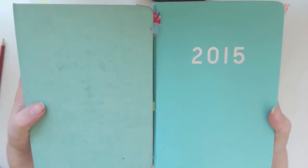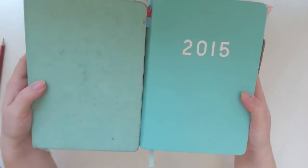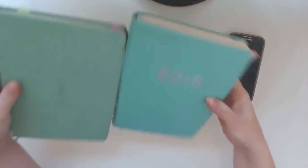These two books started with the same color, so you can see this guy comes with me places and this one just stays on my desk. How gross is that? But yeah, anyway,